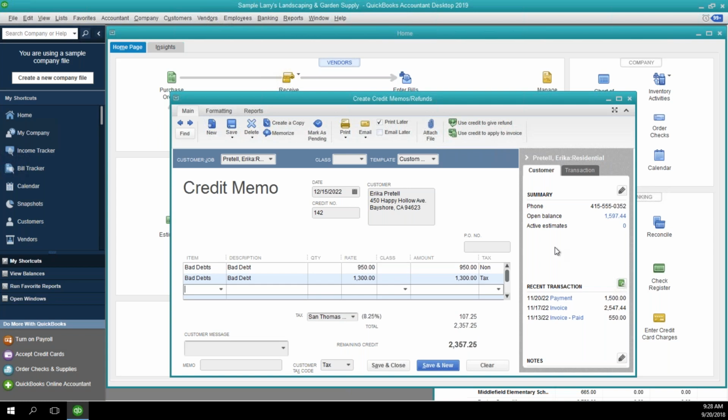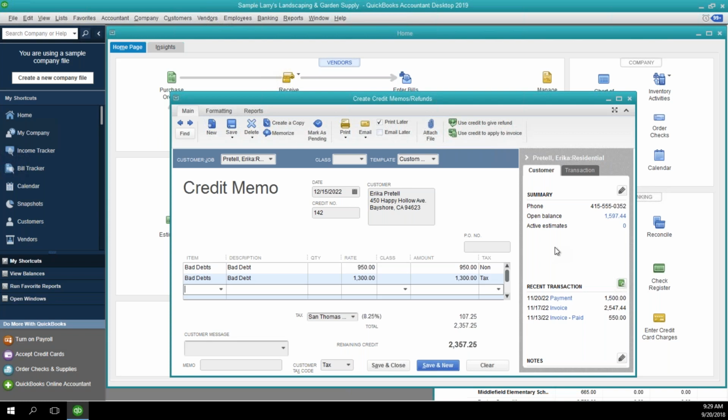What this does is when you're doing your sales tax, let's say I invoiced her 2 months ago. In the state of Wisconsin, your sales tax is due when you invoice the customer. So when you're invoicing the customer, you're remitting that sales tax to the state at that point in time. If you're not actually going to receive that money from the customer, instead of going back and deleting that invoice,